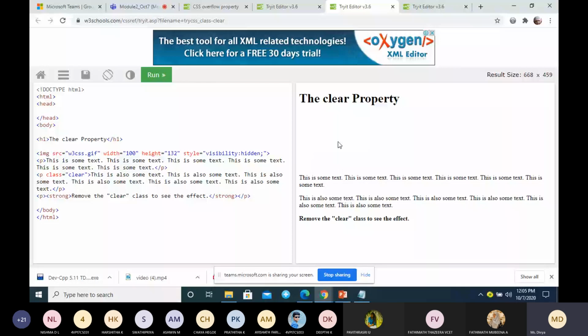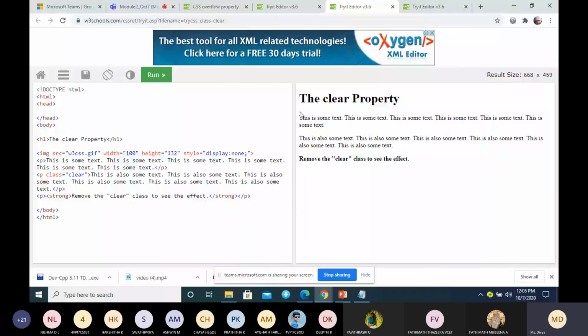Whereas if you give display none, the image will not be displayed, and along with that, the space for that particular element will also be removed. You can see the space for that particular element is removed. So that is the difference between visibility hidden and display none.